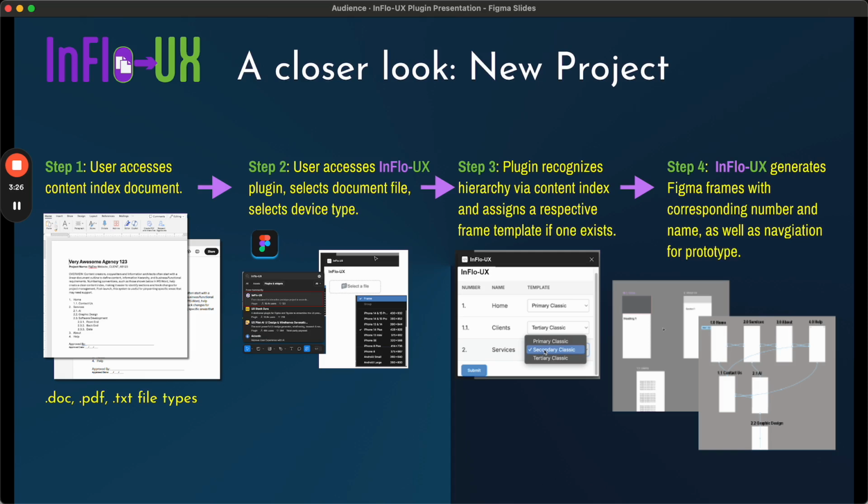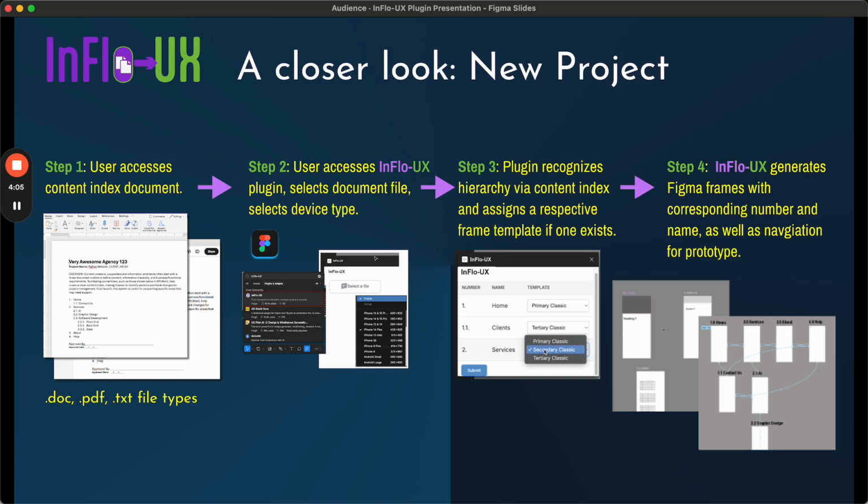One, based on the hierarchy, understand, for example, that anything 1.0 is going to be a primary page, anything 2.0 will be secondary, anything 3.0 will be tertiary, etc. In recognizing that, in the dashboards, as you see here, it'll say, okay, 1.0, you are a primary, 2.0, you are secondary, etc. But it also allows the user the ability to change that page template if they so desire for other purposes. But if they don't do anything and just take it as is, it will output the frames with that exact